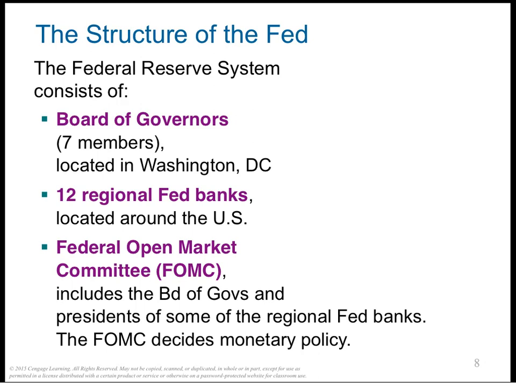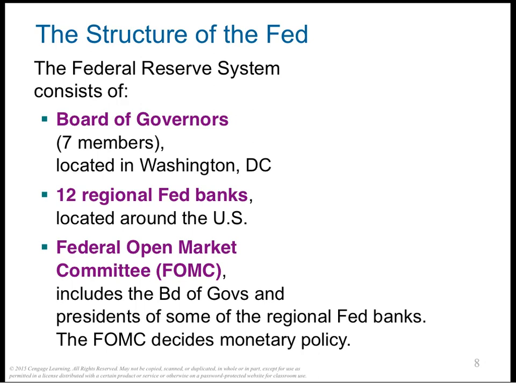And later in this chapter, we will discuss how the Fed actually changes the money supply, but it's worth noting here that the Fed's primary tool is open market operations, the purchase and sale of US government bonds. If the FOMC decides to increase the money supply, the Fed creates dollars and uses them to buy government bonds from the public in the nation's bond markets. After the purchase, these dollars are in the hands of the public. Thus, an open market purchase of bonds by the Fed increases the money supply.